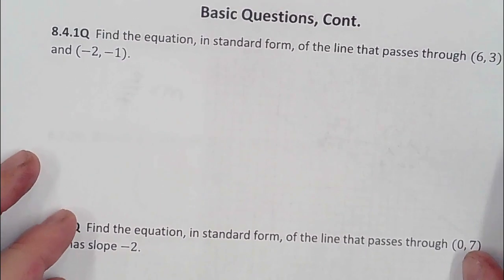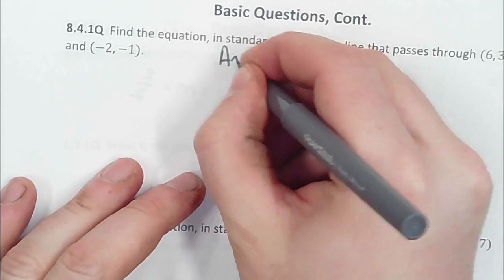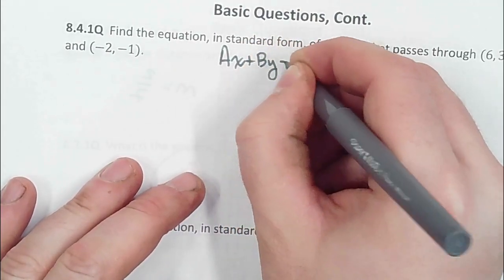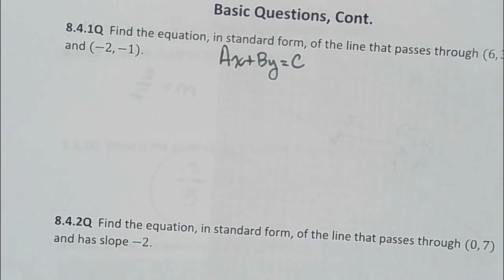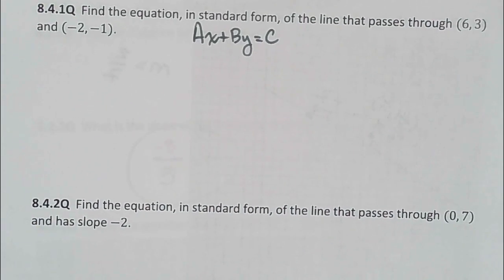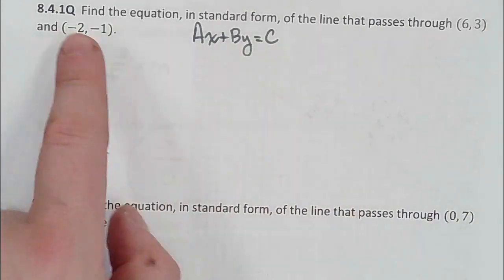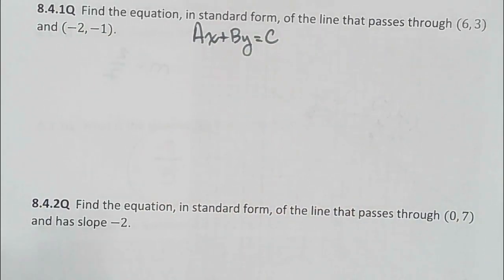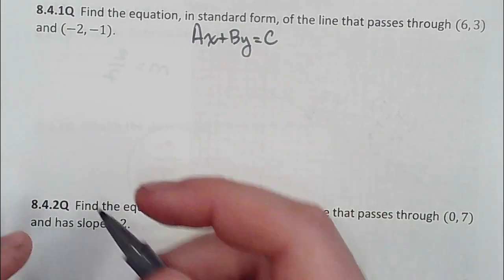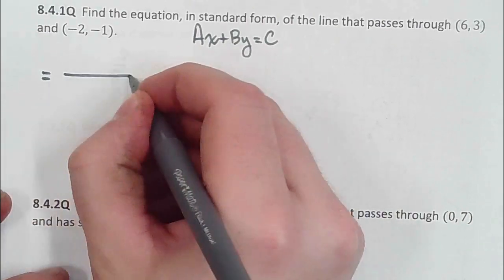841, yes or no? Yeah. Find the equation in standard form. That's this guy. Of the line that passes through 6, 3. So it's going to pass through these two. To find standard form, here's what we're going to do. We're going to create an equation of a line. I know that the slope